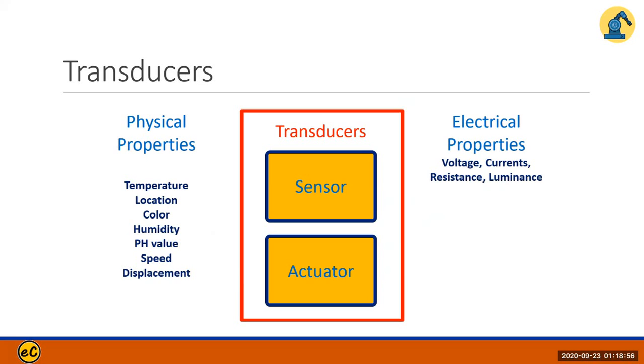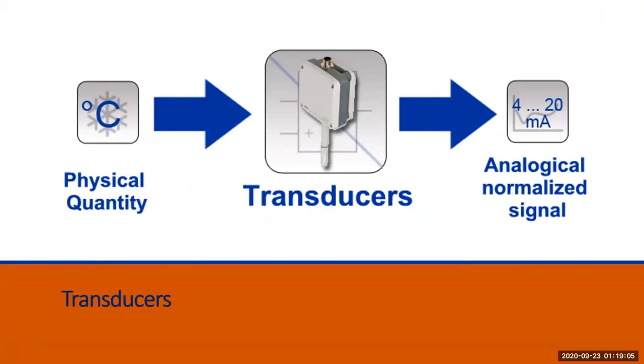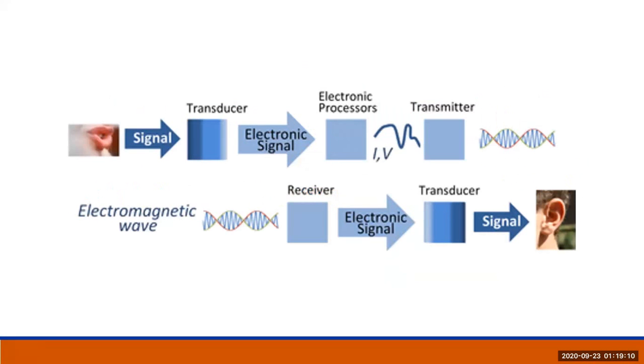It is the conversion of a physical property to an electrical property, or from an electrical property to a physical property. So here is a diagram for a transducer. Usually you have a signal source such as speech, and you pass it through a transducer, creating an electronic signal, which goes through the electronic processor, and then you transmit it through the internet using modulation. And then the EM wave arrives at the receiver,